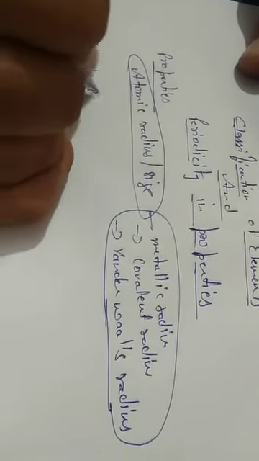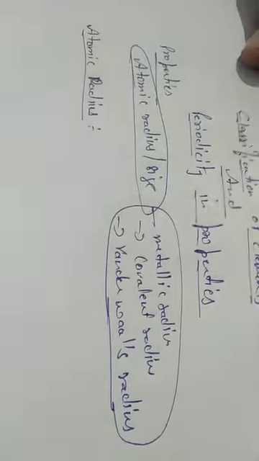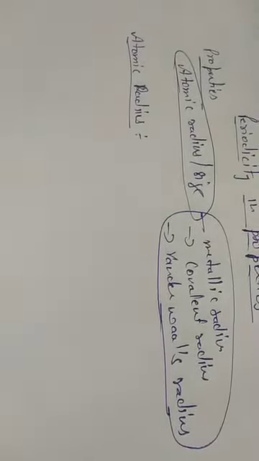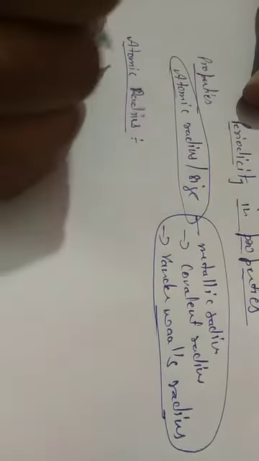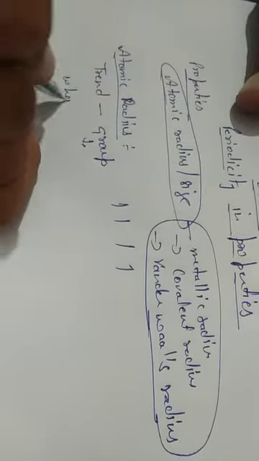Definition I have already told you in the previous lecture: atomic radius is the distance from the center of the nucleus to the outermost electron. Okay. Now what is the trend particularly? So let's discuss group first. We have 18 groups. So in any group, when we move down the group,